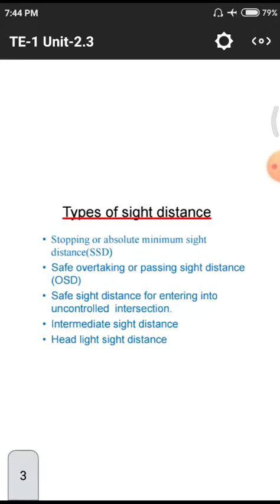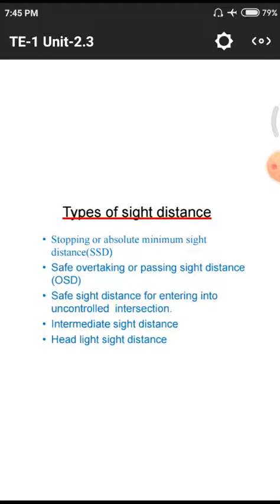Those are different types of sight distances. First of all, totally the sight distance is classified into 5 kinds. That means 5 different types of sight distance are there. All those are visible with the eye, but depending upon the position and our attitude, the sight distance will change while we are traveling along with the vehicle. That means one type of sight distance we are facing if we are crossing the vehicle, we need to have some amount of sight distance. Likewise, different types of sight distance are named as follows.